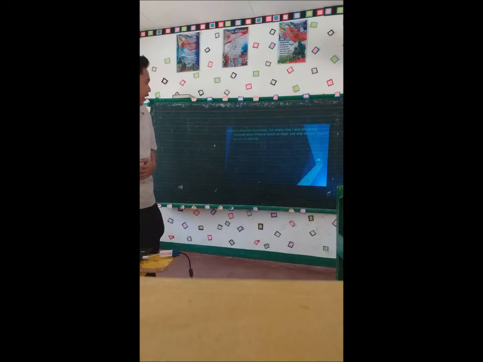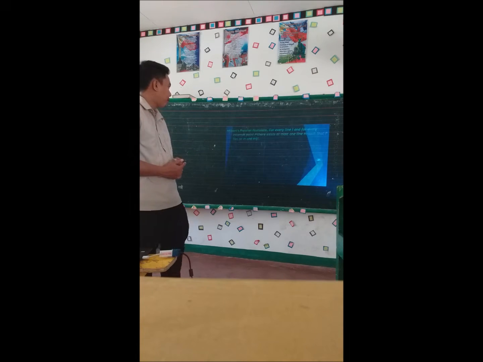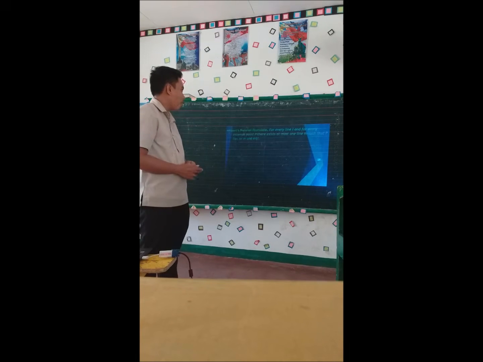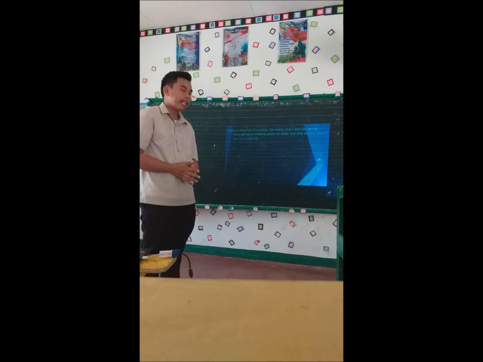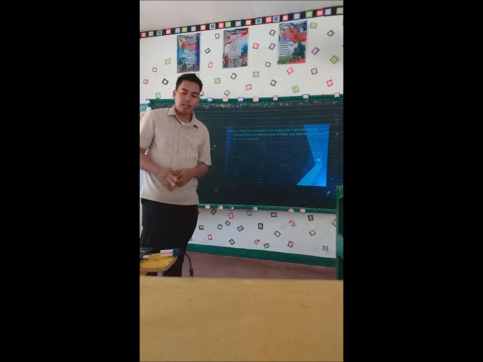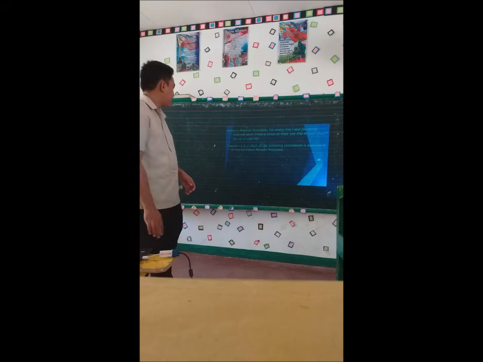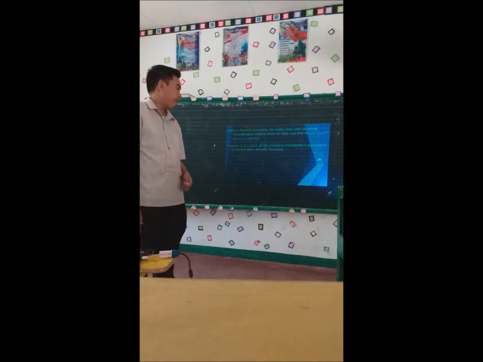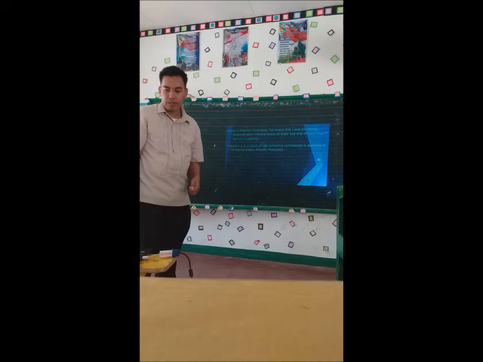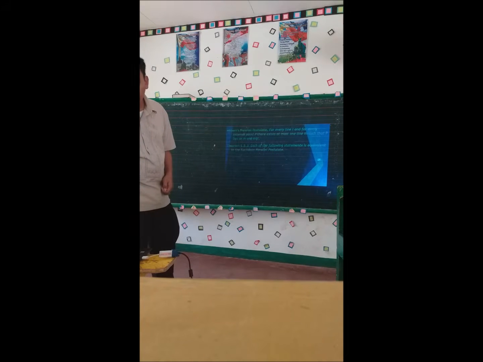Okay, let's have here another postulate. Hilbert's parallel postulate: for every line L and every external point P, there exists at most one line M such that P lies on M and M is parallel with L. Another theorem, theorem 6.8.3: each of the following statements is equivalent to the Euclidean parallel postulate.